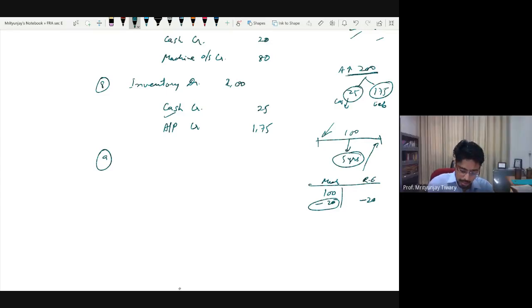Okay. Now let us record this into a journal entry. First of all, why did we do it? We did it simply because the accounting period is over. Whatever proportion of the asset has been consumed, we need to show it as an expense. That is our matching concept. So by the matching concept, we are doing this journal entry. Retained earning falling down should be debit, and machinery falling down should be credit. By what amount? By 20 lakh.